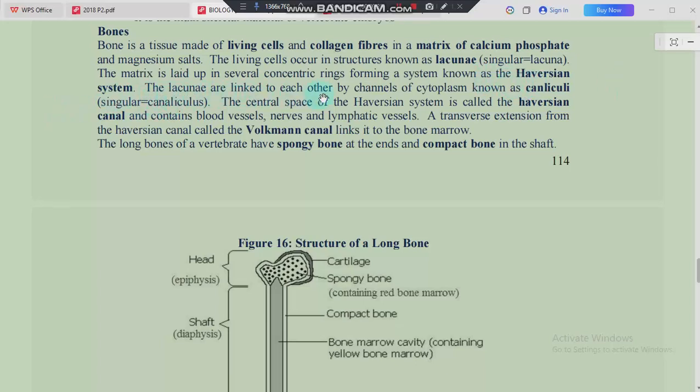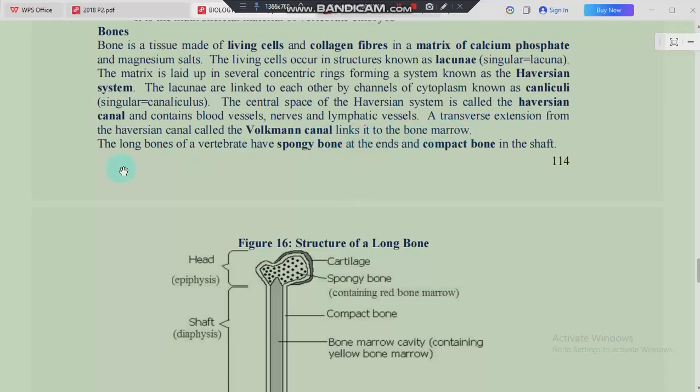The lacunae are linked to each other by channels of cytoplasm known as the canaliculi, or the canaliculus. All right. The central space of the Haversian system is called the Haversian canal, and this contains blood vessels, nerves, and lymphatic vessels. A transverse extension from the Haversian canal is called the Volkmann canal, which helps to link it